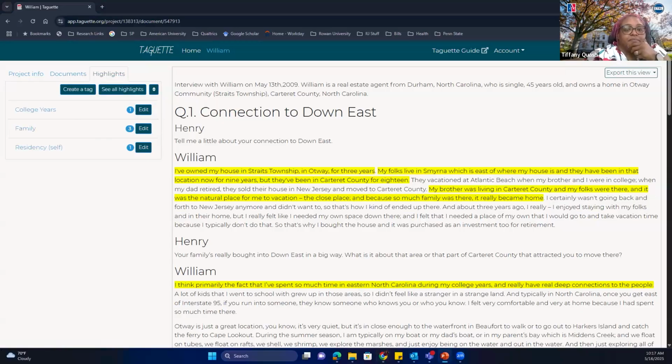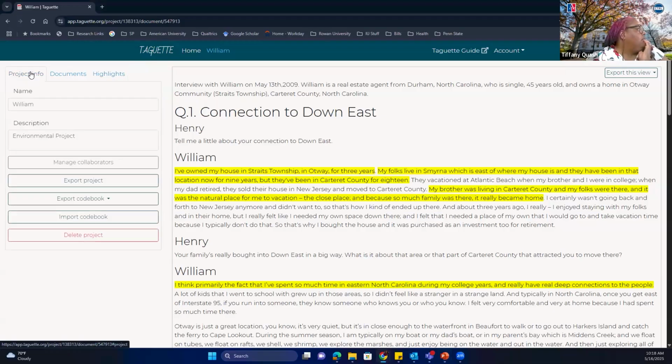So from here, what I really want to do is show you how to export your code book. So what we're going to do is go to project information. And then from here, I'm going to click export code book.